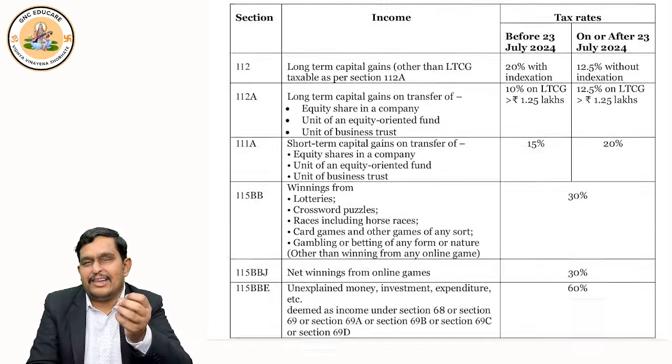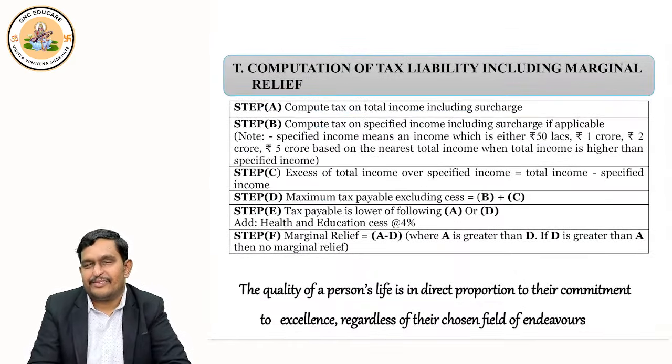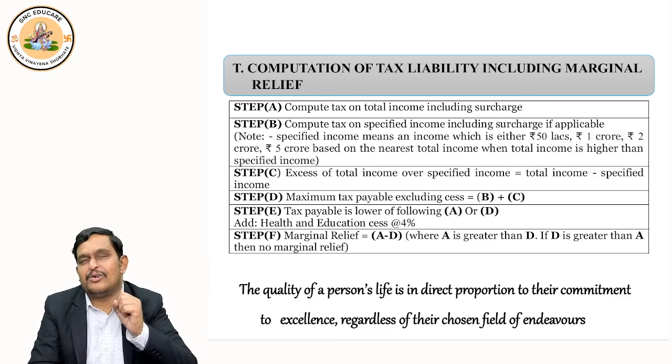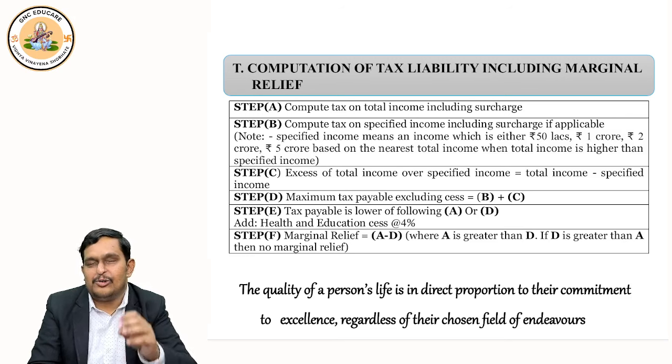You just earned little more than 1 crore, but you are paying 15% additional tax. So government was requested that this is unfair on the people who earn little more than those limits. Little more than 50 lakhs, little more than 1 crore, little more than 2 crore, little more than 5 crore. If they earn and you apply surcharge on them, it is unfair. So give some relief. So government said, okay, we'll create